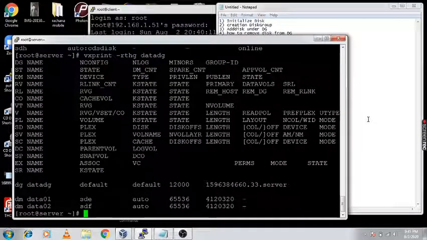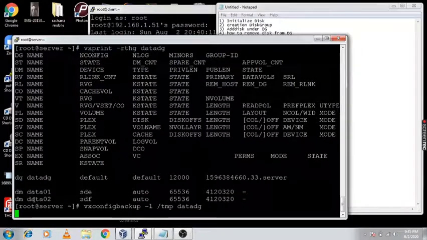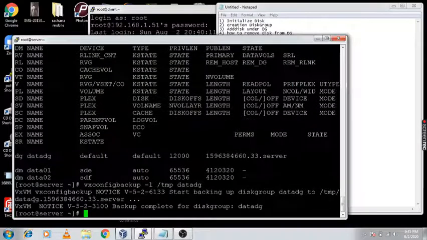Now I am going to take the backup using vxconfigbackup -l, giving the location /tmp and the dg name, that is datadg. Now it's taking the backup of the dg. Now it's showing this backup is completed.